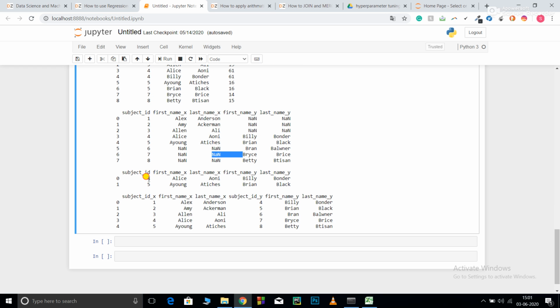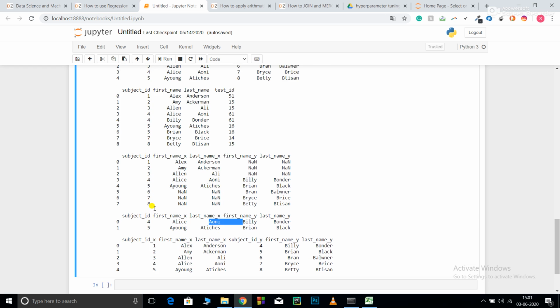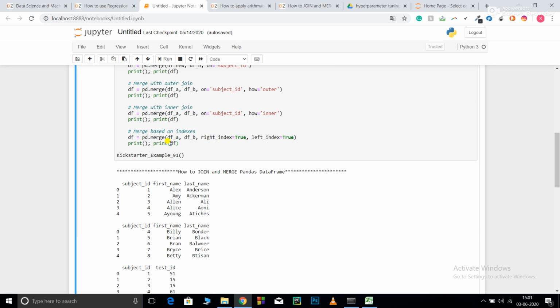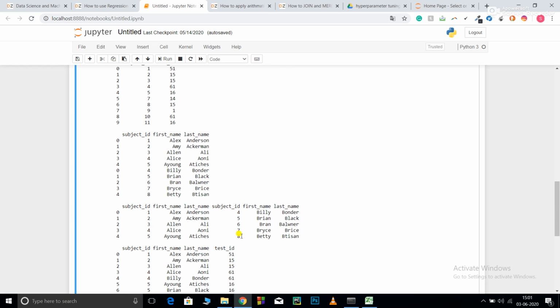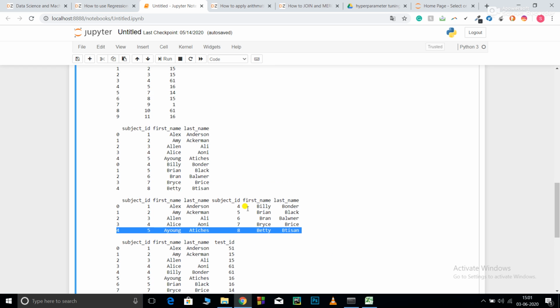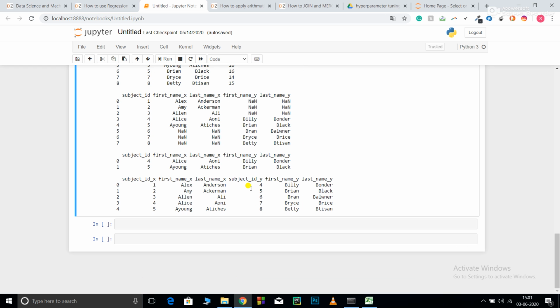In the inner join, 4 and 5 subject IDs were common to both, so it did an intersection and it picked out all the common elements. Now after that, this was merged, right index equal to 2, left index equal to 2. So this is how it did left index and right index equal to 2. So for subject ID underscore x, it placed all those values of x and all those values of y. Basically it did a similar thing as this, but it used the index format.